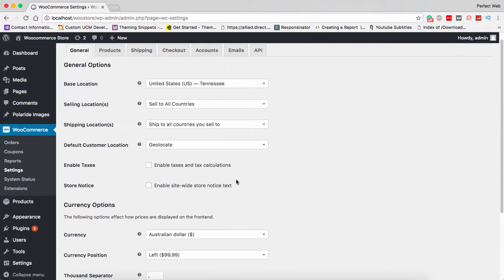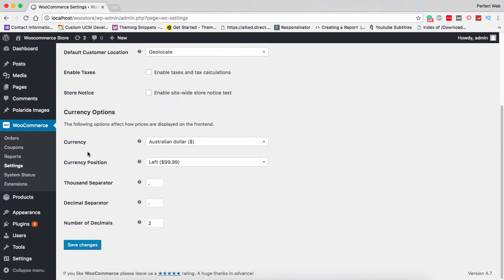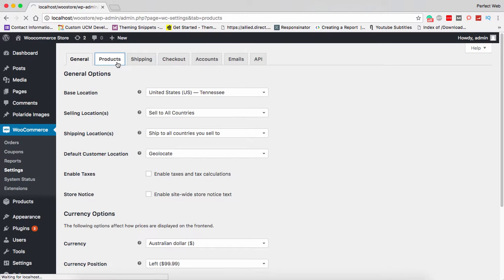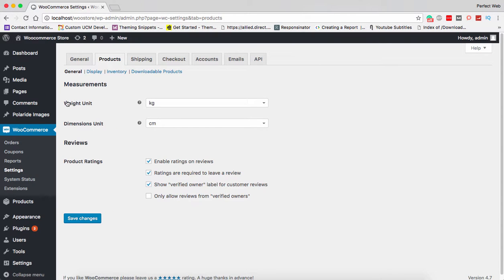If you want to make any changes like selling location, your shipping location, default customer location, taxes, etc., you can make them. You can also change your products behavior, weight count, their general weight count, display, inventory, downloadable products.